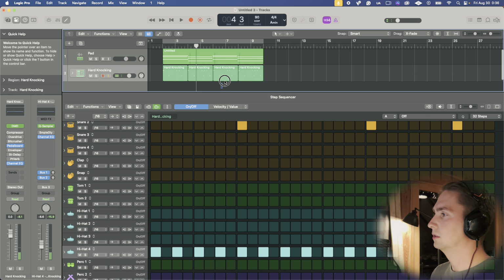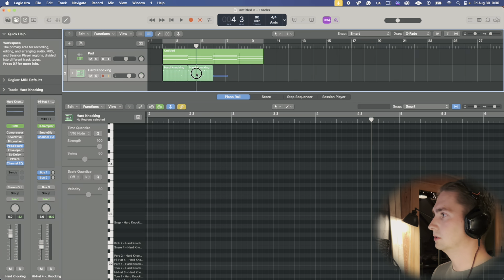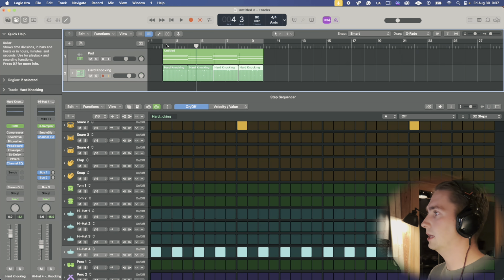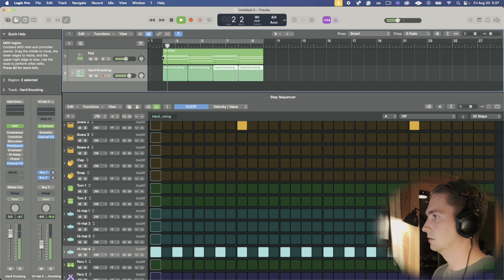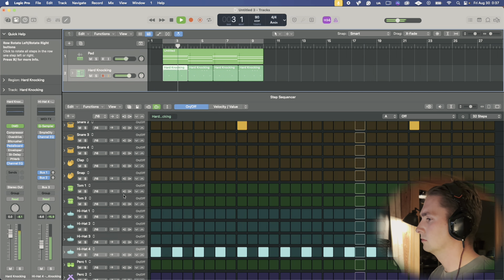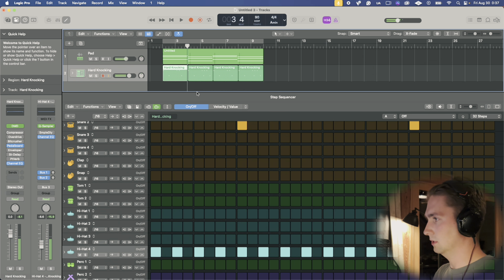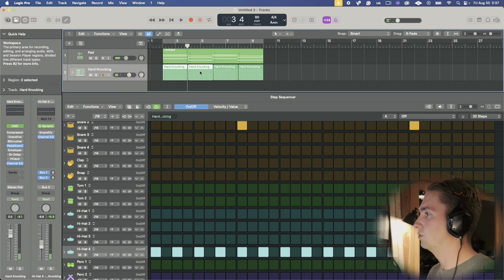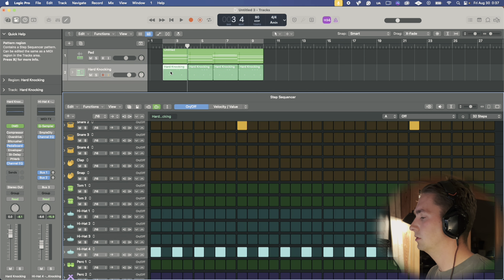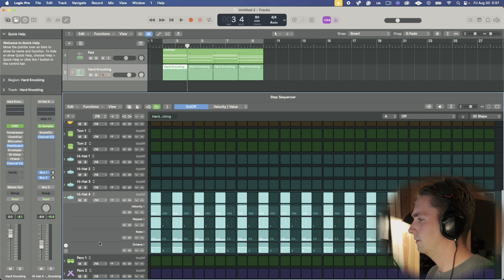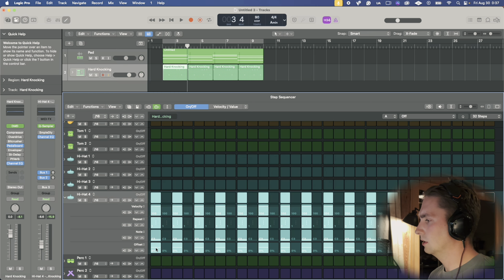Okay. Now duplicate that. Let's see what that sounds like. That is just way too rigid. We need to offset that a bit. Click that little arrow here and find, we'll do offset, and I believe, oh yeah, here we go.